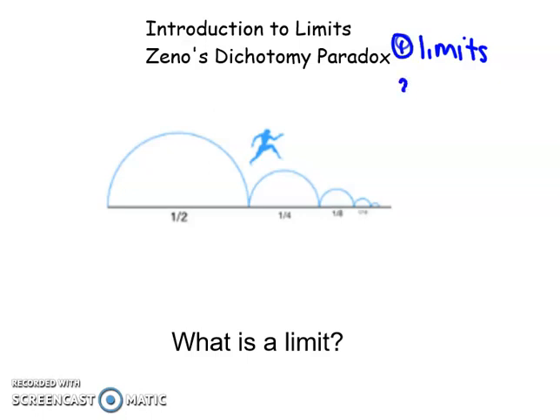The second part of calculus is called derivatives. And derivatives are used so that we can find the rate of change of a function, specifically the slope at one spot. So up to this point, you needed 2 points to find the slope of a line, and we only did slopes of linear functions. Now what we're going to do is find the slopes of parabolas and curves and different things like that, and derivatives is what allows us to find those